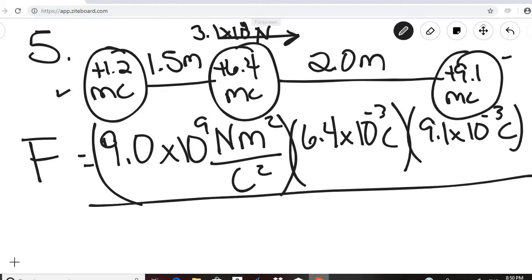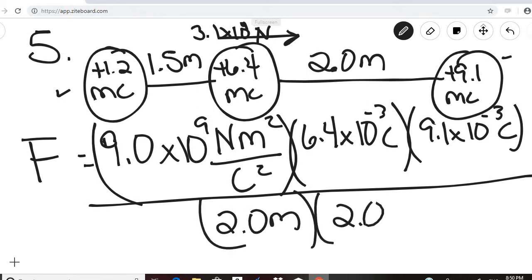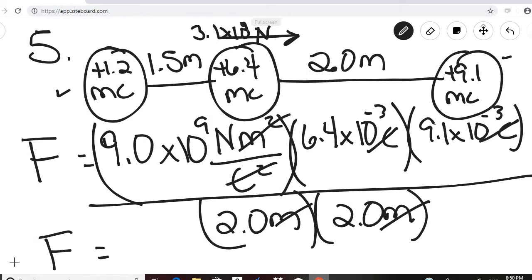Then we'll square the radius, so 2.0 meters and 2.0 meters. So meters are going to cancel, coulombs will cancel, and the force that you get between this particle and this particle then is 1.3 times 10 to the 5th